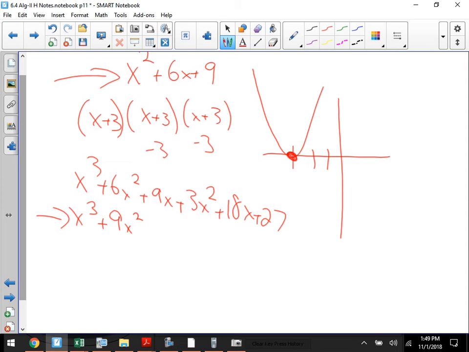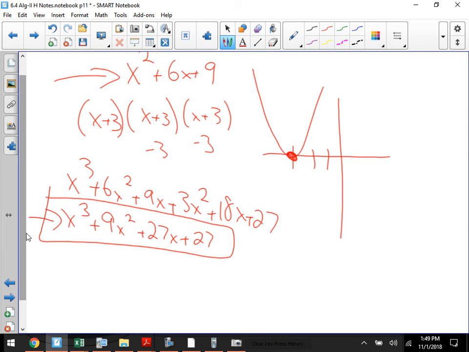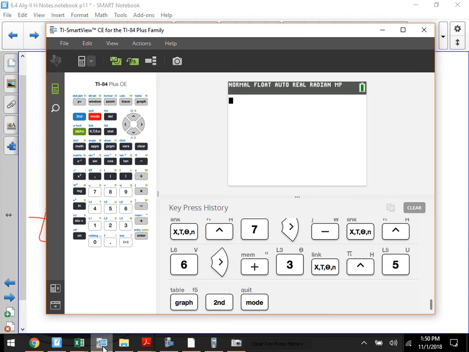Y equals? It's okay. Please don't. All right. So what I want to show you here is two different y equals tables. I want you to put one that says x squared plus 6x plus 9. And then the other one, I want you to put x cubed plus 9x squared plus 27x plus 27. Okay? Because what you should notice